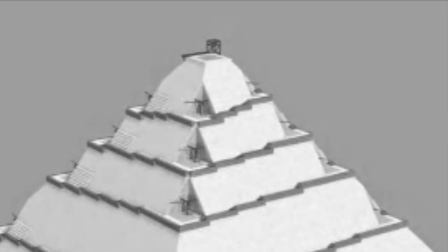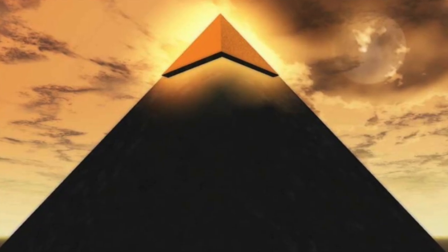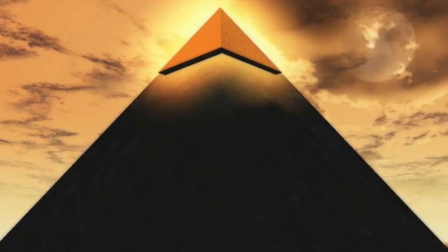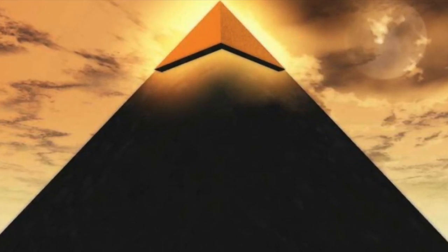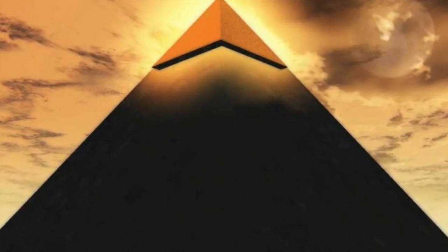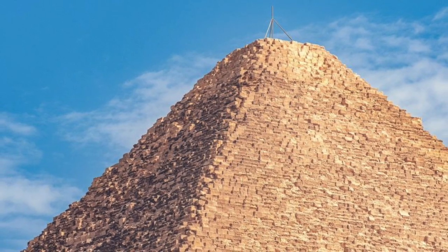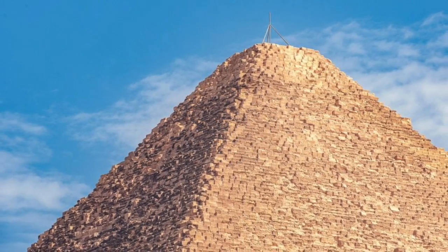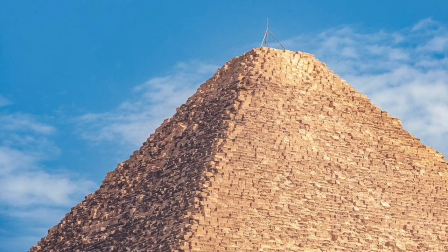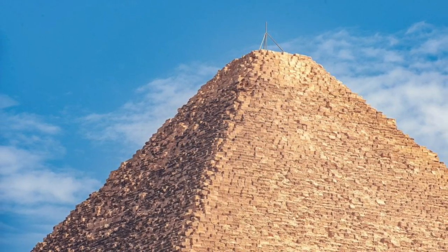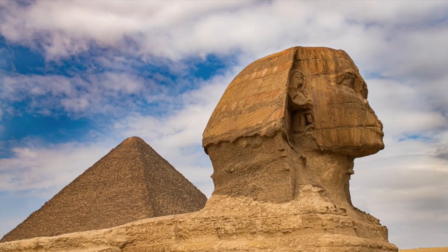The final aspect of the pyramid's construction then would be the placing of the original Pyramidion on the top of the structure. This is unfortunately lost to us today, but it is proposed that a fine limestone capstone once stood at the topmost part of the Great Pyramid, coated in an alloy of silver and gold that is called electrum.